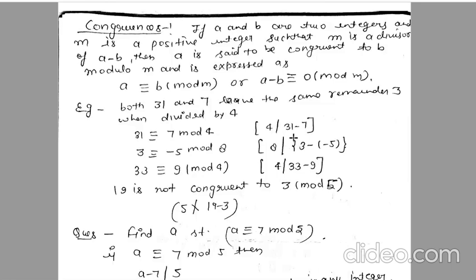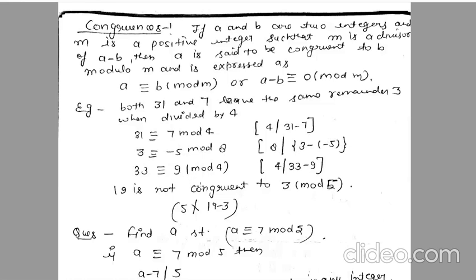Okay, 6 times, right? So 3 is congruent, 6 times, just complete it here. Now there is another example here. 3 is congruent to minus 5 modulo 8. So just look here, minus 5, you can write 3 plus 5, right? 3 plus 5 modulo 8, that means 8 divides 3 plus 5. This will be your 3 plus 5. So 8 divides 8. So this is true.